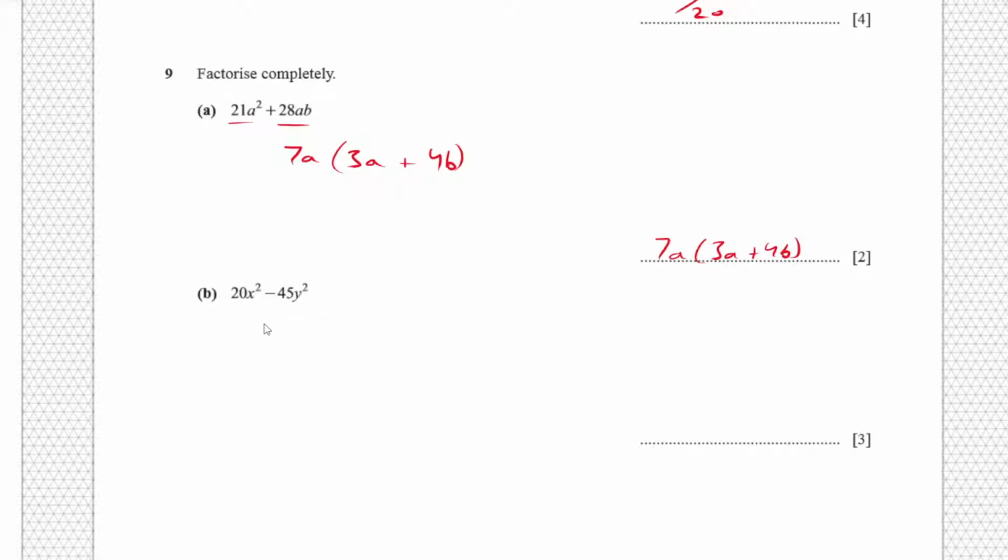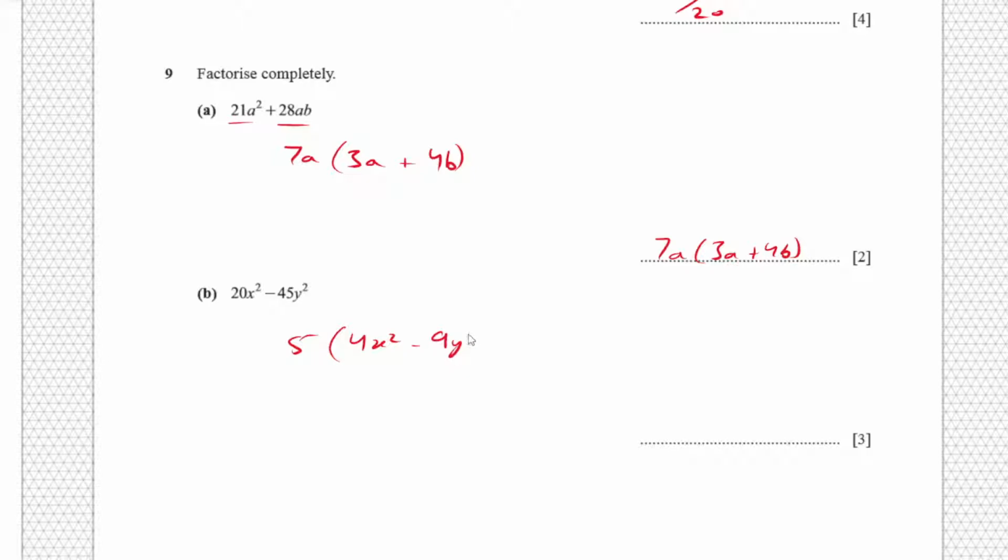Same thing here. Take the common one out. What's common here? Seems like 5 is common. 5x? No, just 5. So take out the 5, and that's going to be 4x squared minus